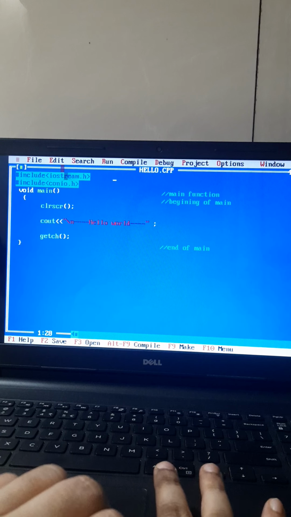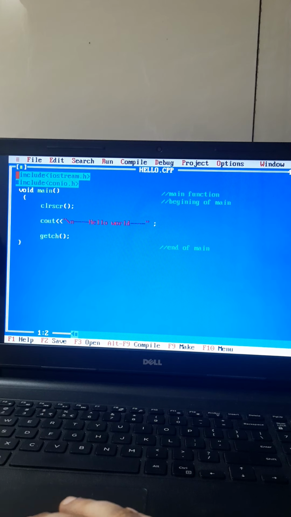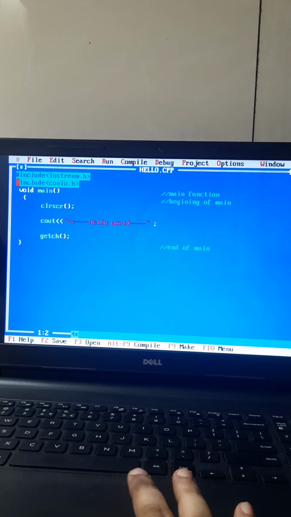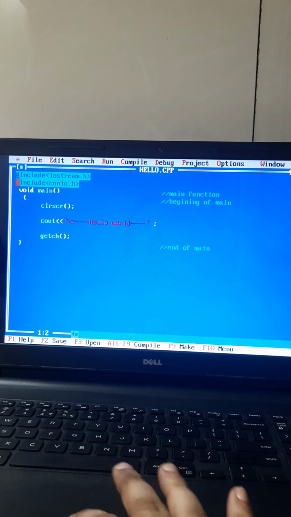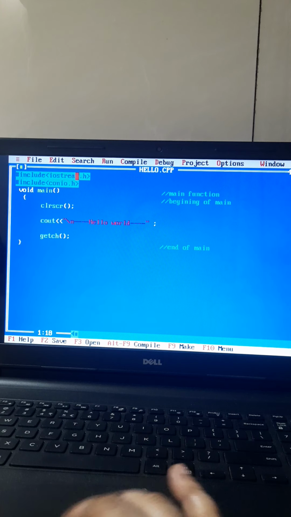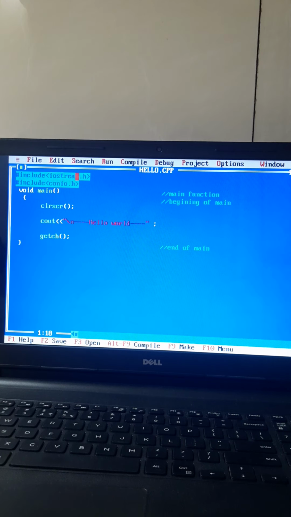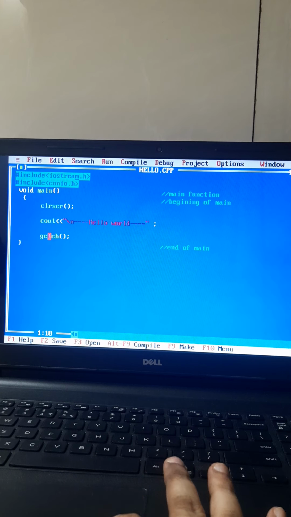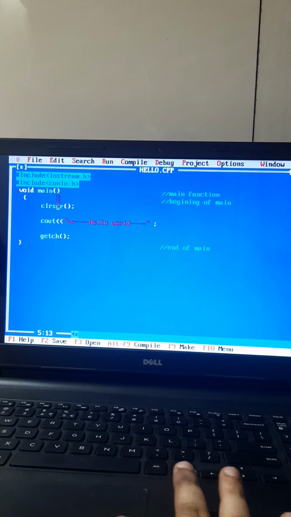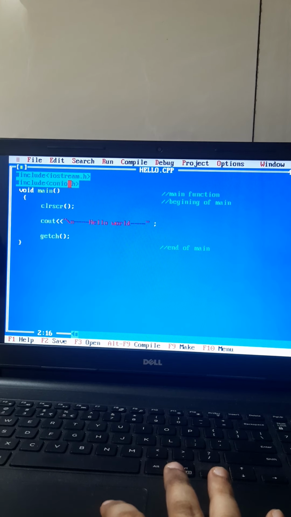Usually I name it depending on what kind of program logic I'm doing. So you can see here I've written hash include iostream.h, then hash include conio.h. I have to include these two header files so that the code of the cout and cin functions is available, and the compiler can access it wherever those functions are used. The getch and clrscr functions' code is in conio.h. So every time you have to use clrscr, the compiler just goes to this header file and does the appropriate function. You don't have to type the entire code written for the function.